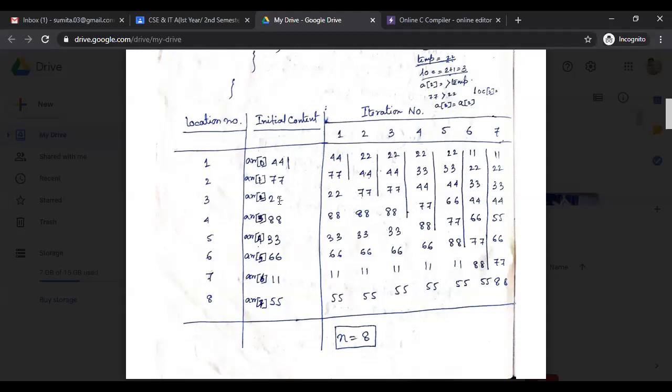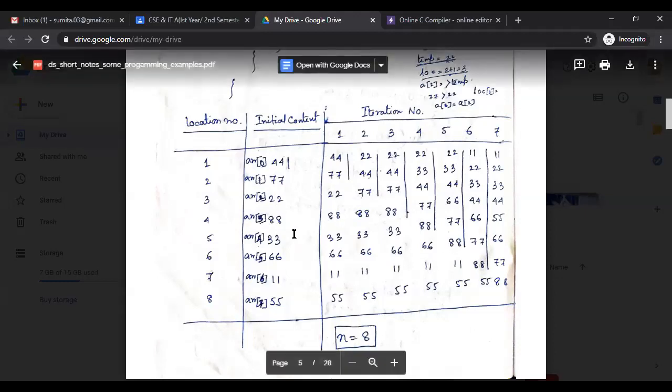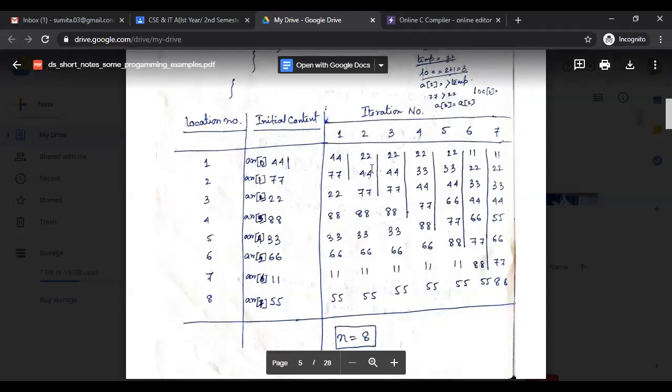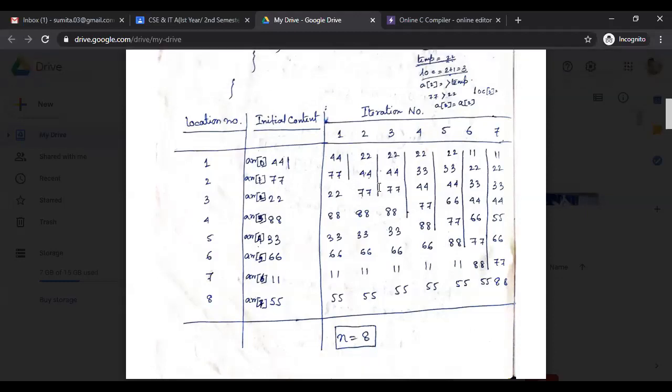See, in case of 88, no comparison is there, because according to our example, 88 comes after 44, 77, and this part is arranged. I am taking this one. So 22, 44, 77, all are arranged. Now the next inserting element is 88.